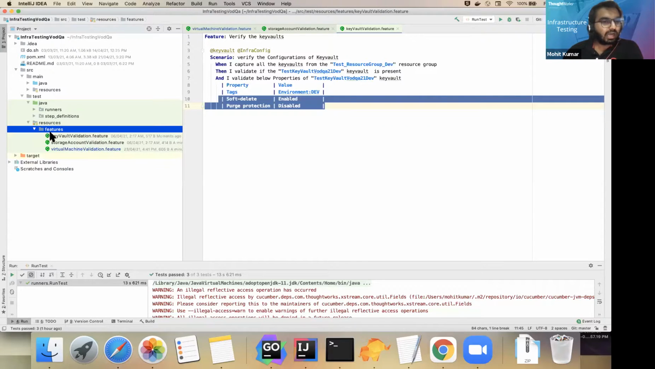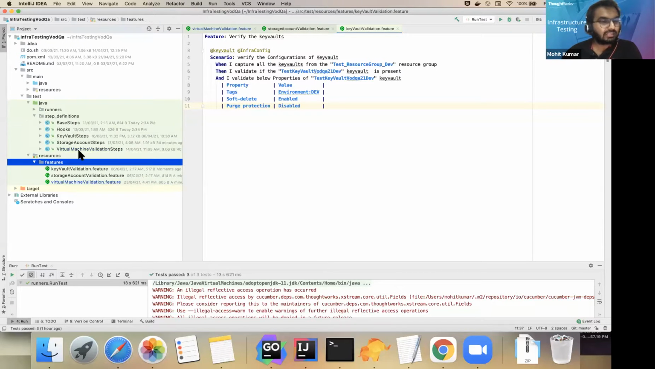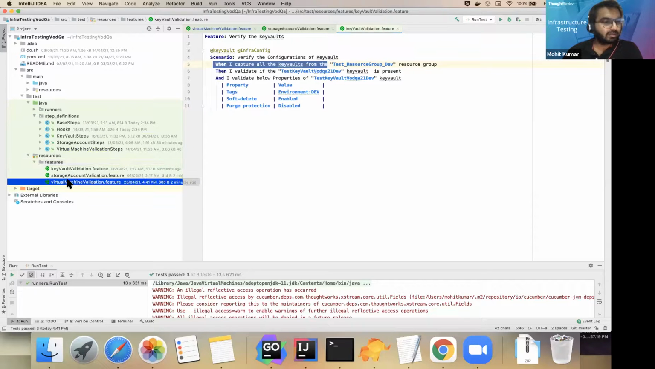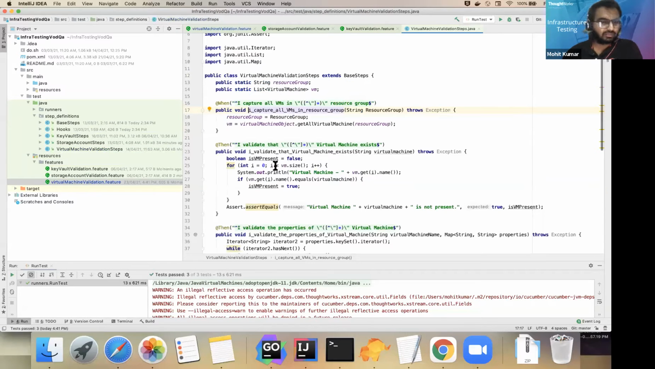Now, how is the logic behind these feature files written? As you can see, every feature file has a corresponding step definition. That means these are the steps, and there is some logic behind these steps that is written in the step definition. So these are the step definitions under the folder. For virtual machine, this is the step definition, or you can just click on these scenarios and go to the step definition. Here the logic resides,